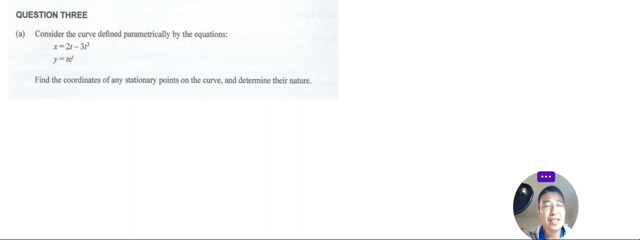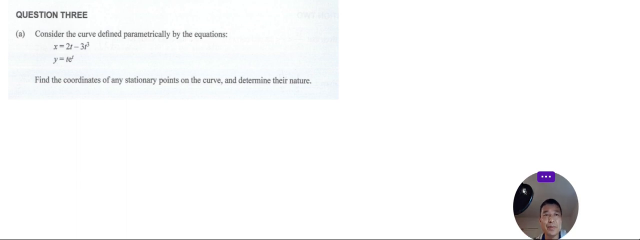Hey everyone, we are doing Scholarship Calculus 2023, question 3a. Consider the curve defined parametrically by the equations x equals 2t minus 3t cubed, y equals t e to the power of t. Find the coordinates of any stationary points on the curve and determine their nature. I consider this question quite easy as a scholarship question, so it's almost level 3